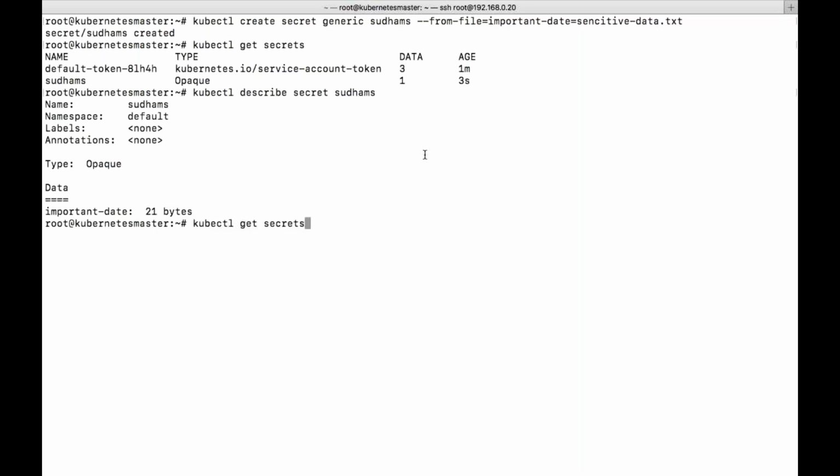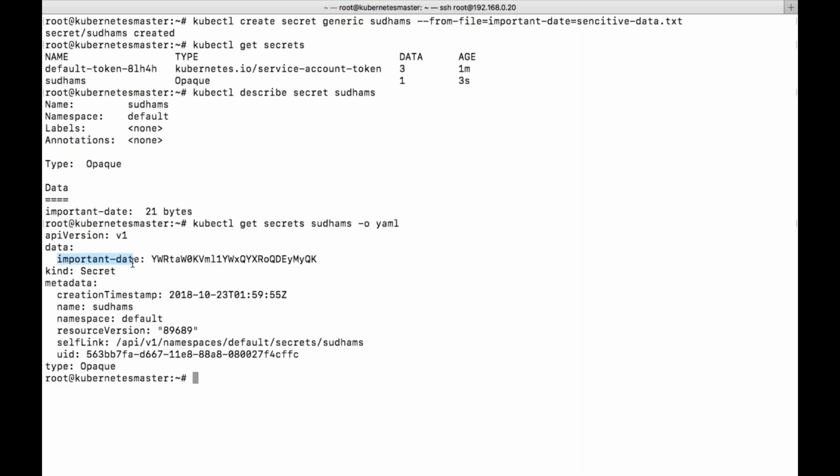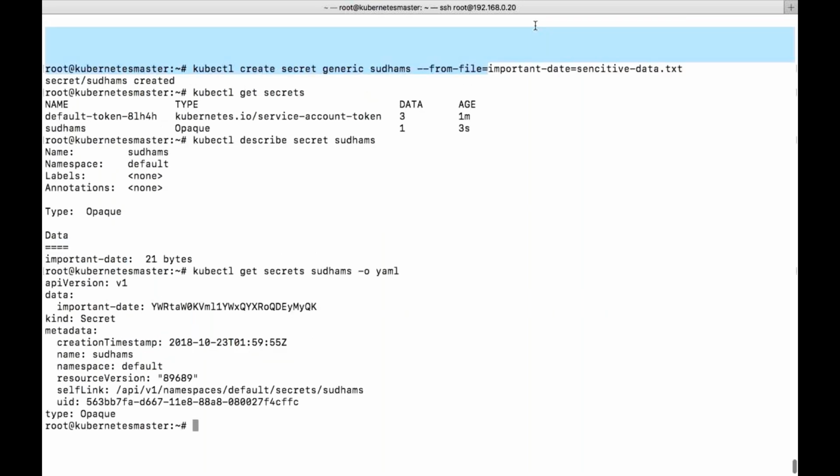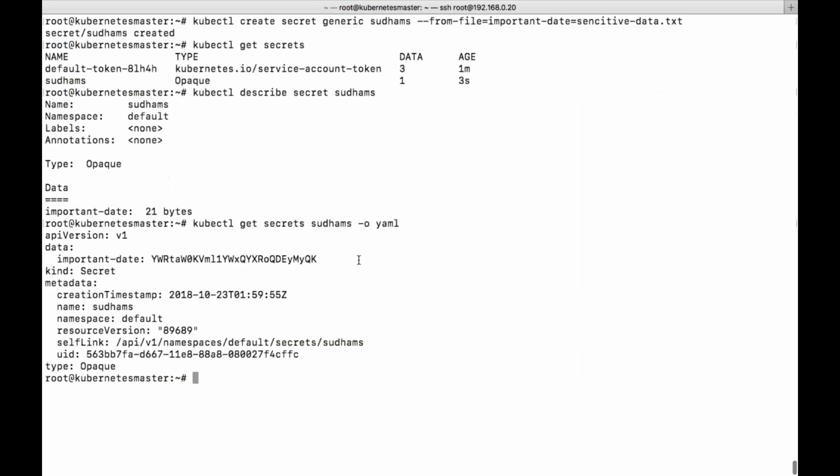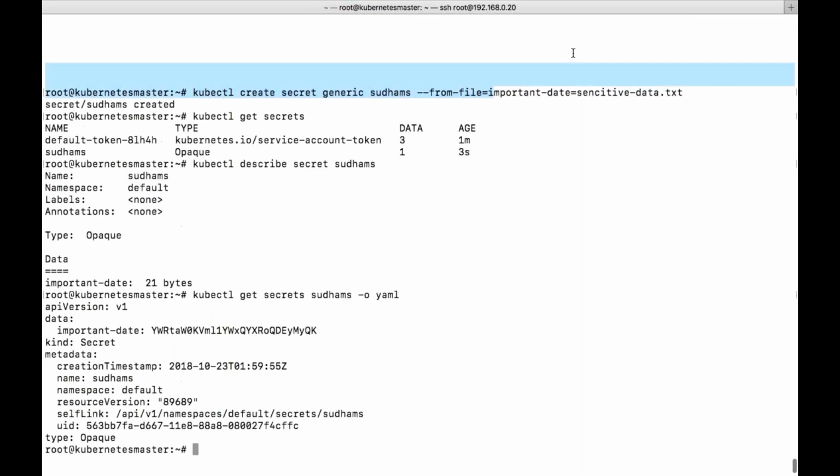You can see that whatever parameter has been specified is given as the key, and the value is the data present in the file. If you want to specify your own key name, then we need to give this particular parameter. This is how we protect our data.